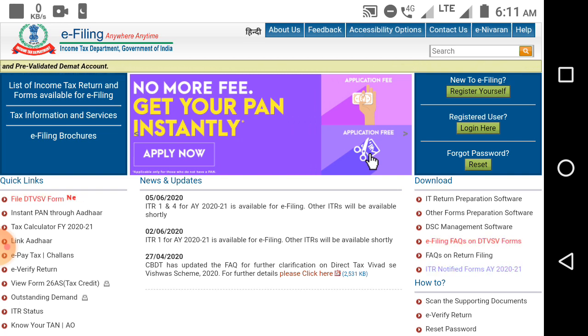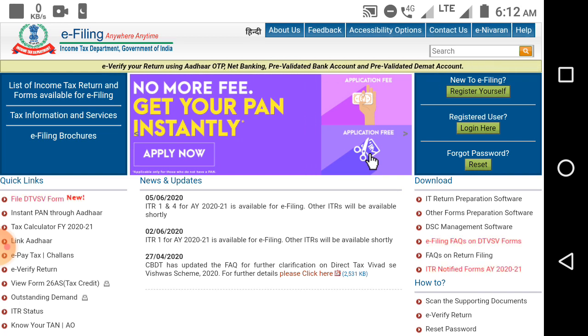First of all, friends, you know that the government has issued orders to link Aadhaar with the PAN card, but the date has been extended again and again. If you don't link your Aadhaar with the PAN, your PAN card may be cancelled. So you have to do it immediately. Don't worry, I will show how to do it. You can do it at home.